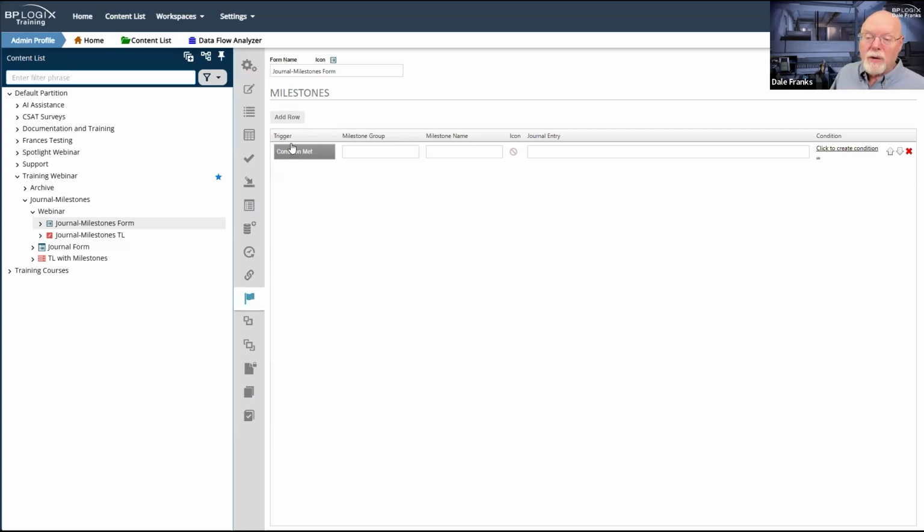That's what I'm going to choose for this one. I think often form submitted is an event that is common, and form updated to let you know that data has changed. I'm just going to go with condition met because it may not fire. And by the way, there's one event that is going to fire every time I click the checkbox. That is a form event. Well, I don't want to do it on just any form event because it's going to run this milestone over and over and over, especially if I have multiple form field controls with multiple events. I only want it to happen when a particular condition is met.